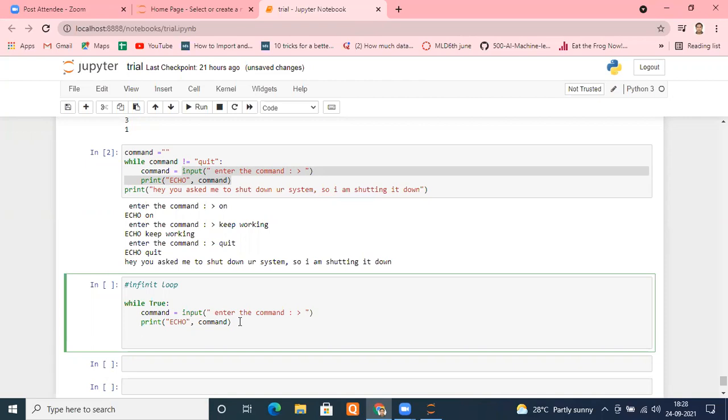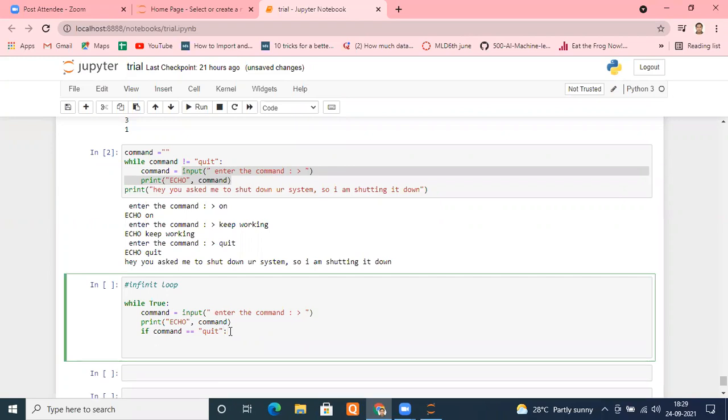Any condition can you name which checks whether something is equal to or not? If. Yes, very good. Yes, there is an if condition. So what I'm going to do, I'm going to type if command equal to quit. Command equal quit means he has successfully entered that thing. What I need to do, tell me. I put a colon. Remember, if I'm using if, I have to put a colon and press enter. Tell me, what should I do? Should I keep continuing the loop or should I come out? Break. Yes, very good. Come out of the loop. Just put break there. And your problem is solved.